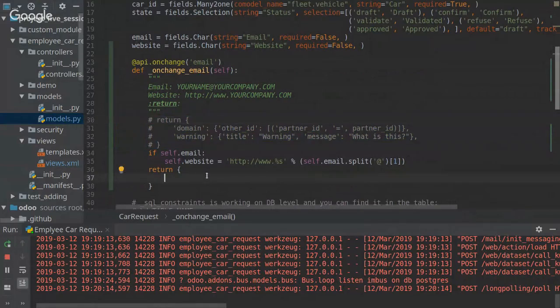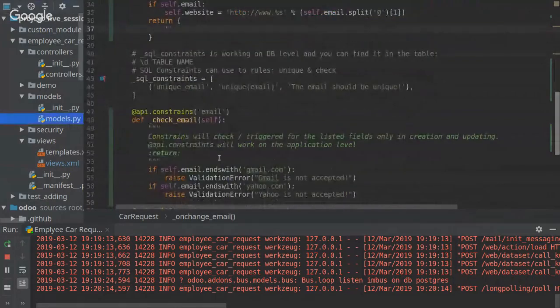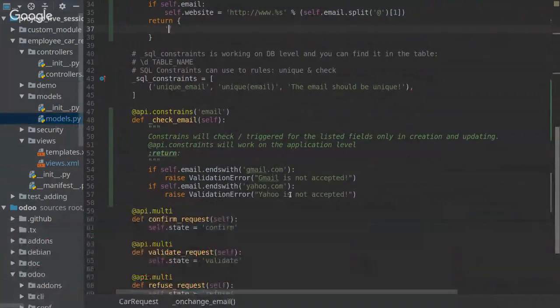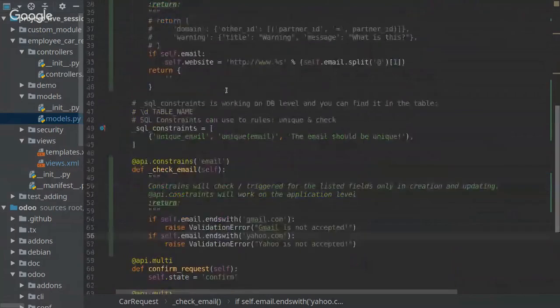What I'm going to do now is add a warning message. You remember that we have this constraint here. If the email ends with something, there are two messages that will tell the customer or the end user that, hey, you are doing something wrong here. So what I'm going to do now is add